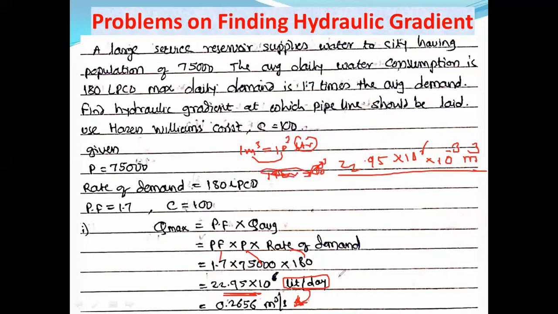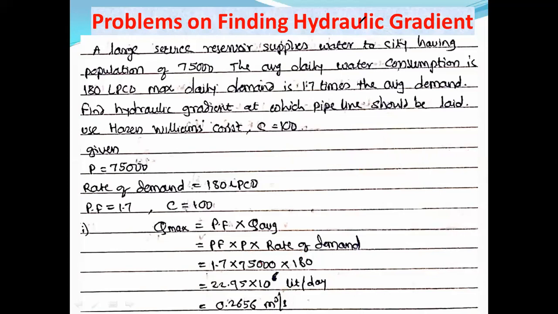Now here the unit of time is day. So instead of day, what can I write here? Within a day we have 24 hours, within an hour we have 60 minutes, and within a minute we have 60 seconds. So you will get this value here. Do the multiplication and division by these values and check whether you are getting the same value or not. Do it and tell me.